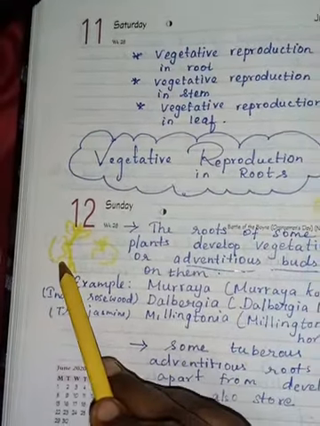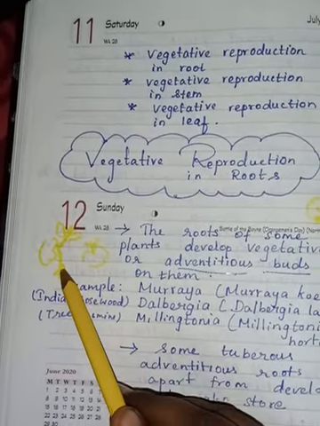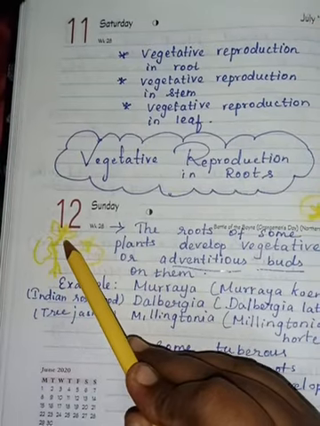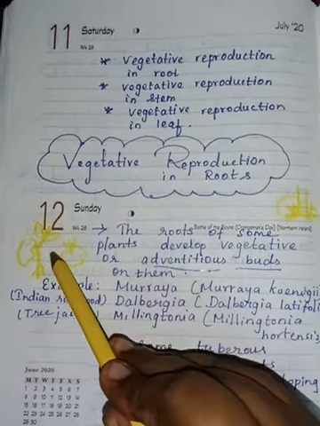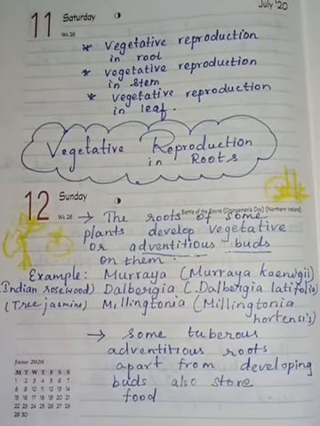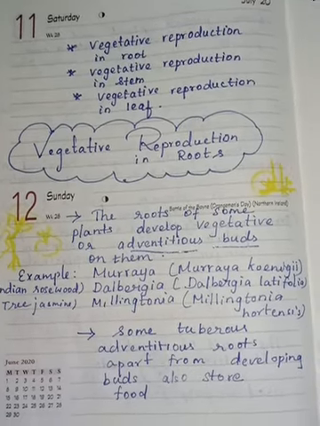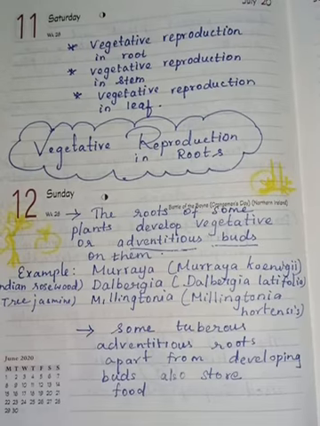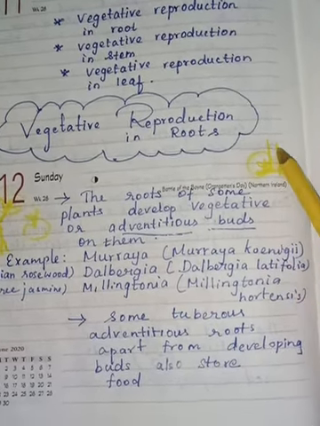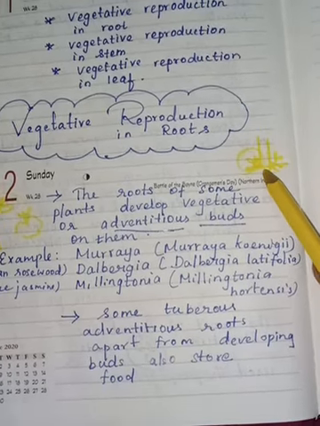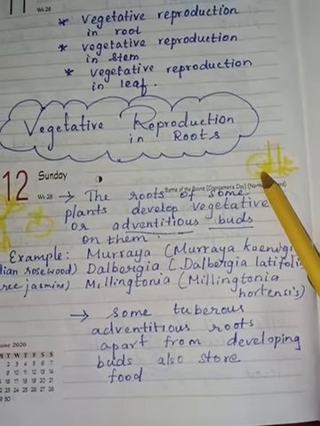Here, the seed produces the radicle and plumule. The radicle produces the root system and the plumule produces the shoot system. Without involvement of a seed, when the plant produces offsprings or small plants, that is called adventitious. So that is called an adventitious bud. Here this is a parent plant's root, but this root produces adventitious buds on it.